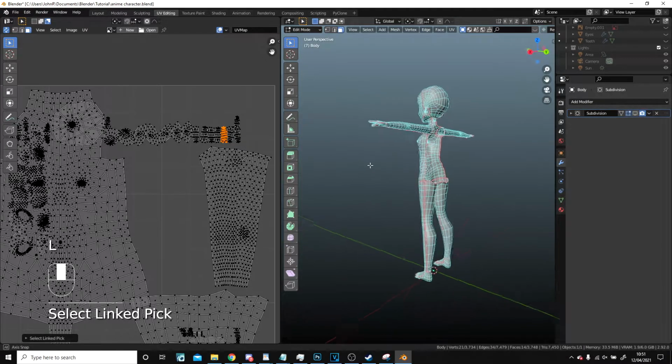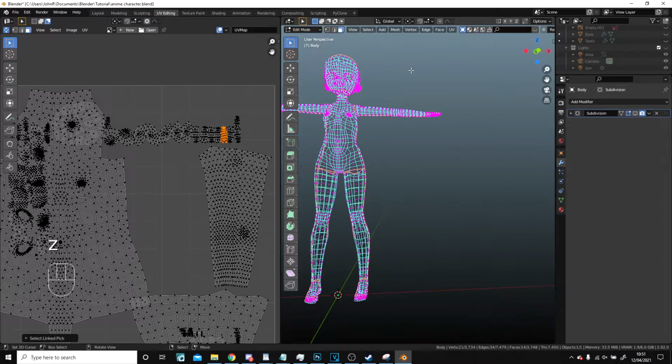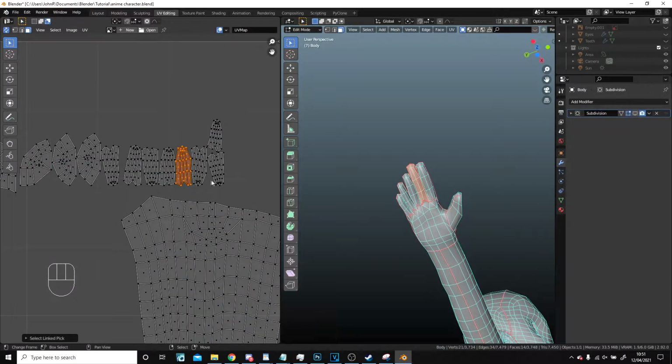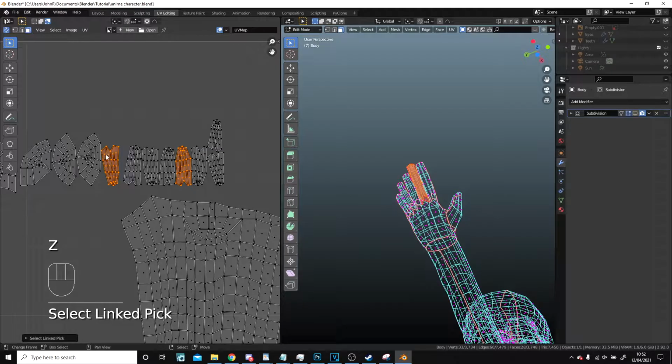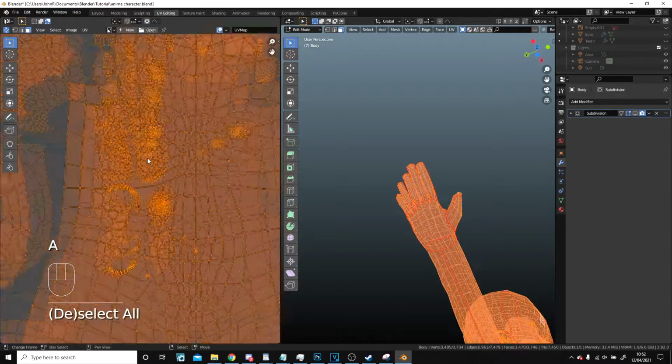And this is finger. Which would mean all of these are fingers. So let's find out which fingers are this part, this side of the hand. Not this one, not this one, not this one, that one, not that one, not that one, not that one, not that one, not that one. Where are the other fingers then? Oof, let's